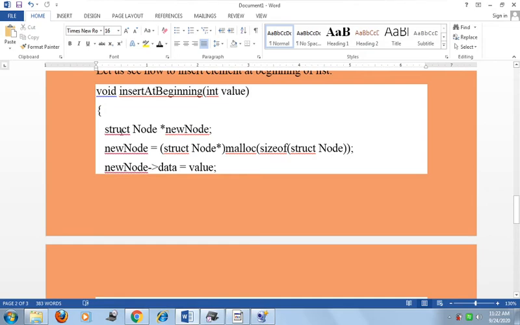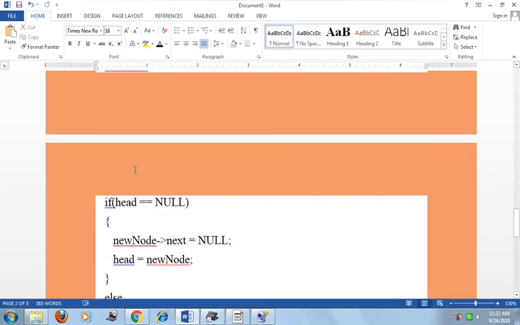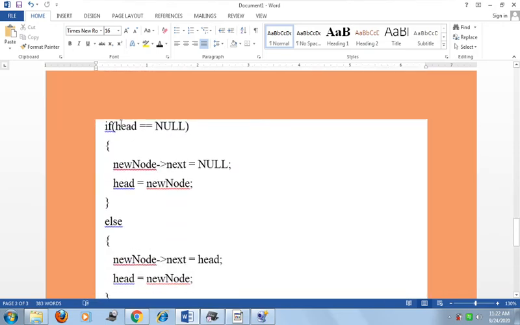This line indicates that memory will be dynamically created for storing the value of the node. Now we assign the value to the data of new node. Now it is checked whether head equals null; if so, we assign null to next of new node, and head equals new node.